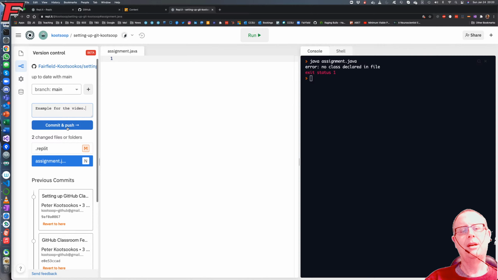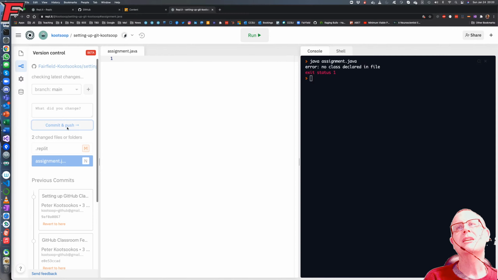Commit puts the changes you've made into the Git database, which is local on the Replit server, and push pushes that change back to the GitHub repository where we start. So if I can say commit and push,